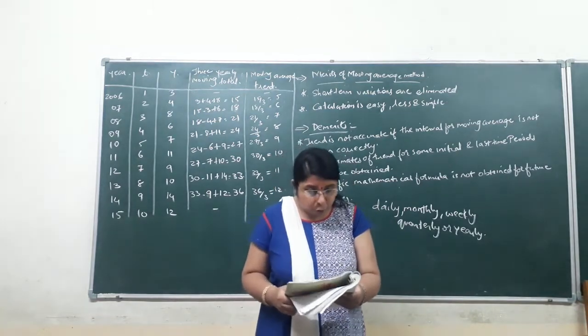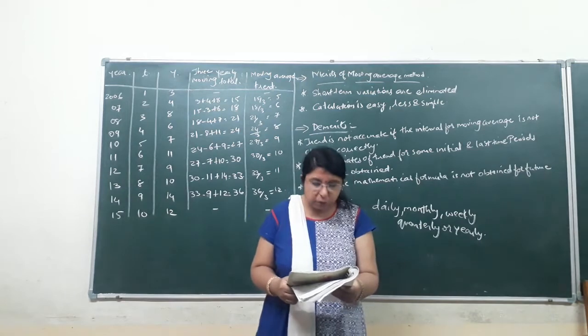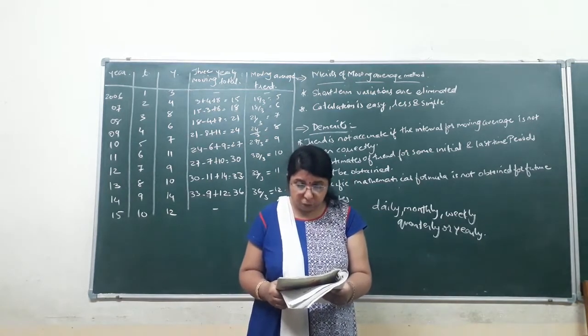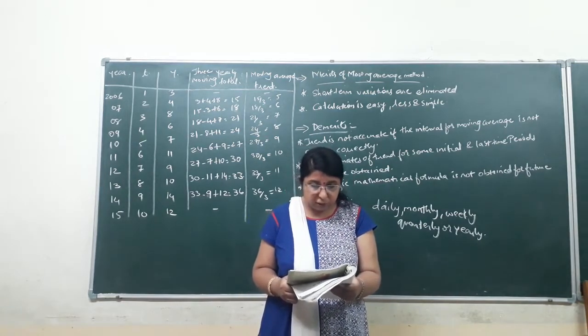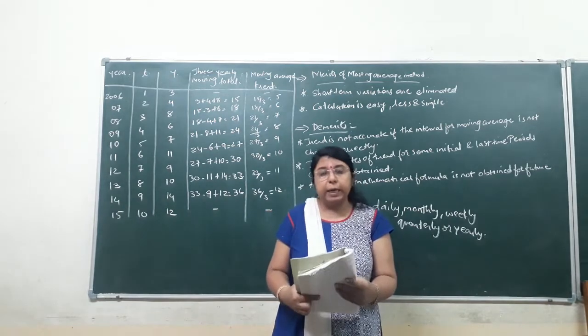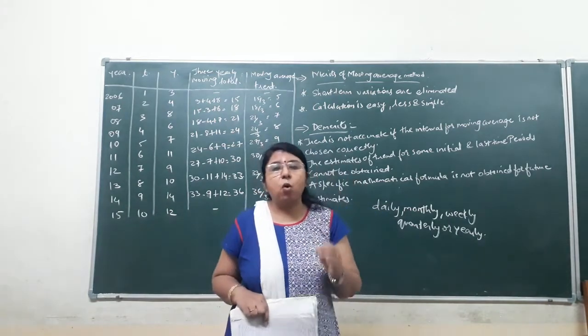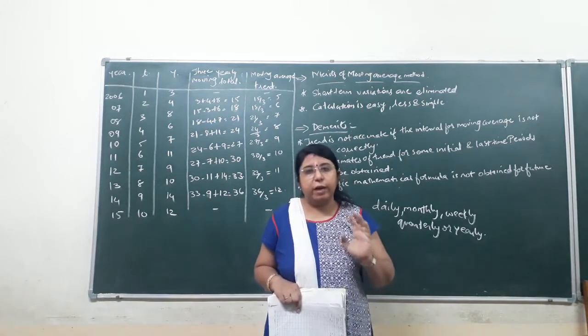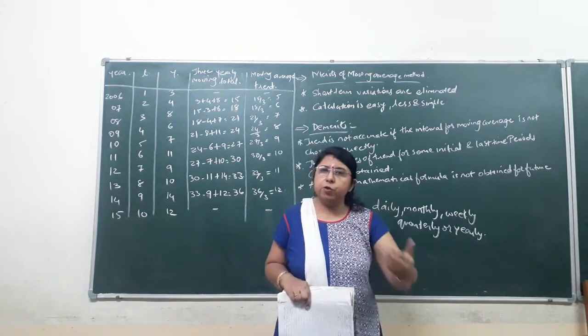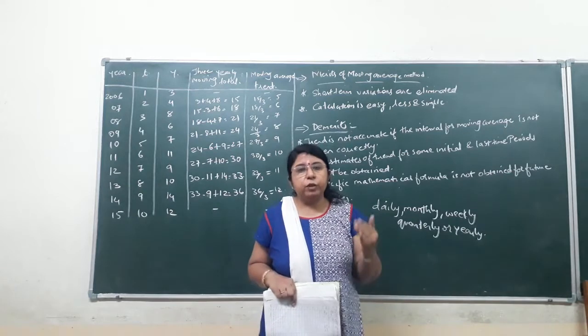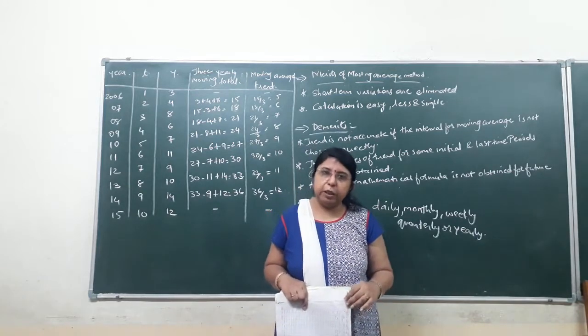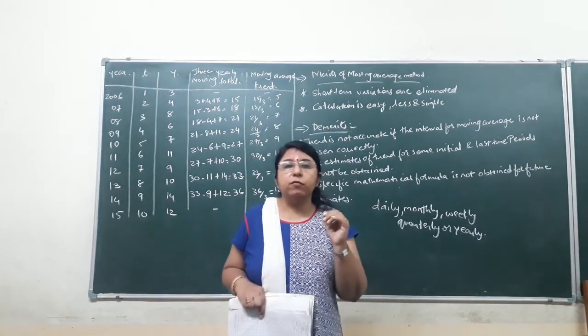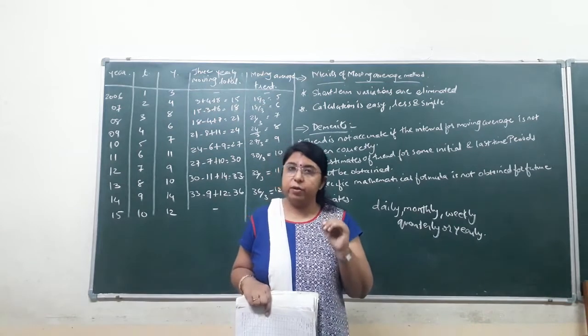Okay, let us read that question. Find the trend by 3 yearly moving averages from the following data about the sales in 10 lakh rupees of a company. Now students, in the question it would already be mentioned whether to find 3 yearly, 4 yearly or 5 yearly. Accordingly the calculation will differ. So today we are going to discuss the first one, that is the 3 yearly moving average method.